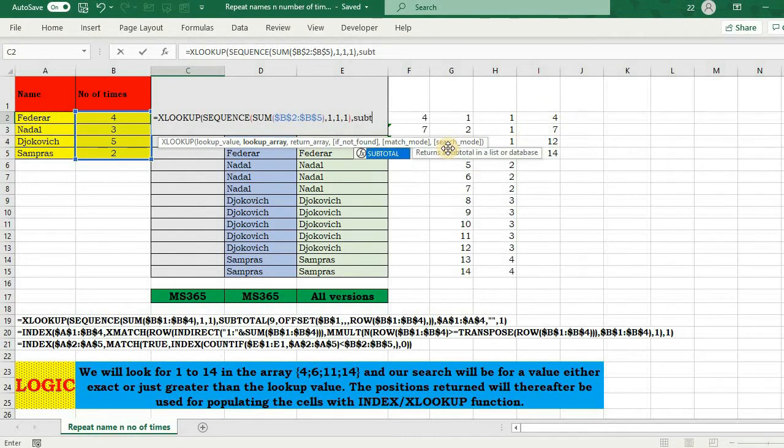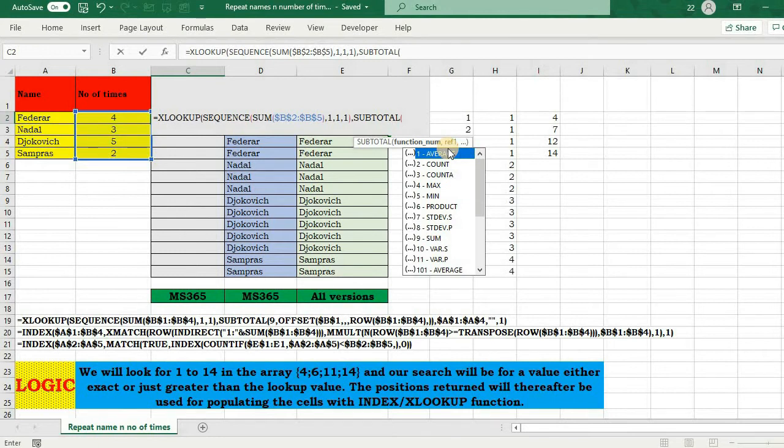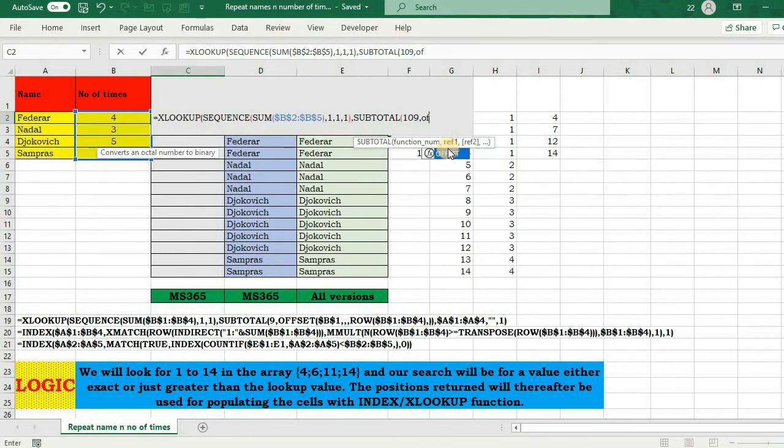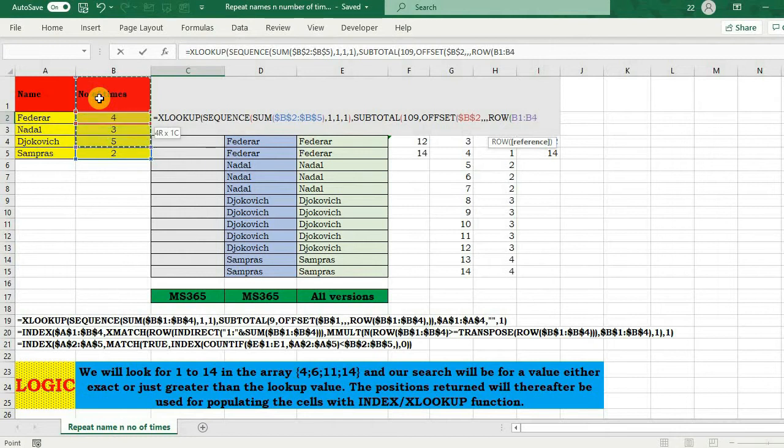As I just told you, I will use SUBTOTAL 109 with OFFSET. This is the reference point. Rows nothing, columns nothing, and height is 1 to 4. So I'm using the row numbers for generating numbers 1 to 4, and I'm leaving the width.